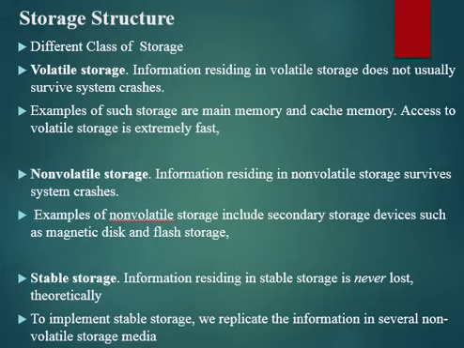Even if you are using non-volatile storage, if you are storing only on a hard disk and the hard disk crashes or a sector failure happens, all the data will be lost. That's why we move to stable storage, in which we create copies of our data. We are not storing only on a single disk, we are storing on different disks. So if one of the disks fails, we can use the other, because it contains the duplicate.